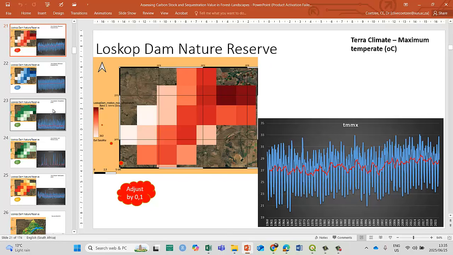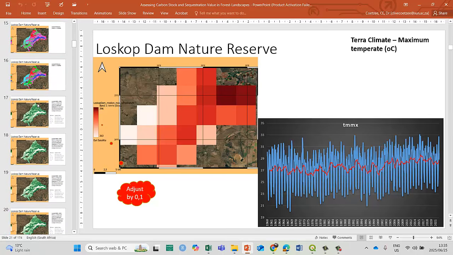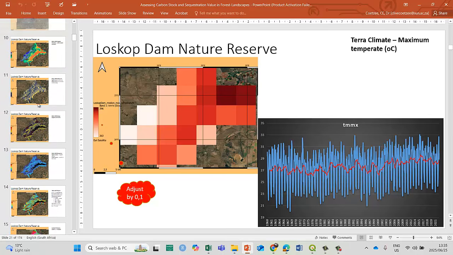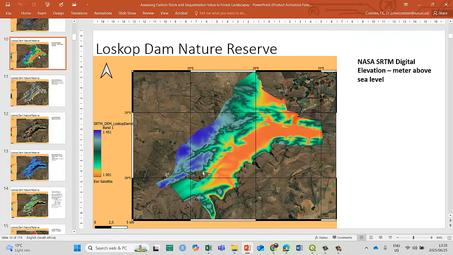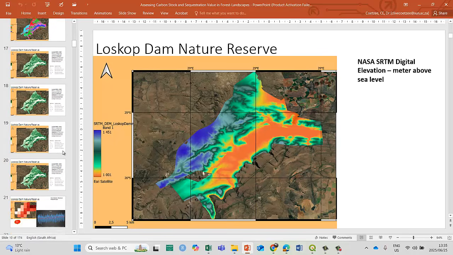Interesting. Let's quickly go and have a look and see height. You can see this is lower, this is higher. So higher we would assume would be colder, and lower we would assume would be warmer. Is that a correct assumption to make?